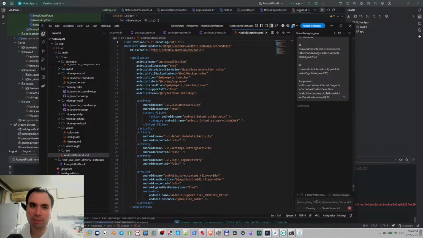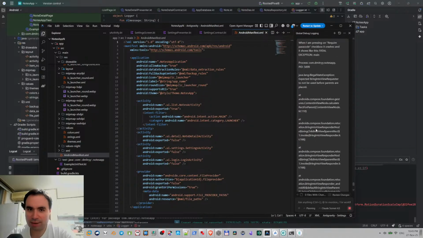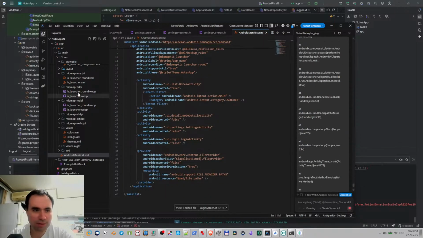Let's think what it's gonna propose, how to fix this. The crash is happening because the login screen is trying to request focus before the composable is fully laid out. Yeah, the issue is the focus request is being used too early. Let me fix this. Okay, and this is happening in this new